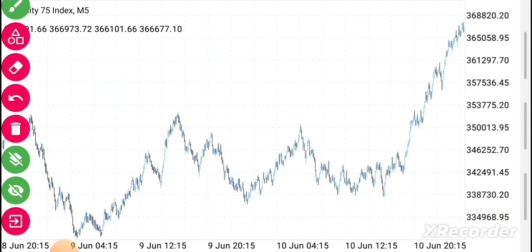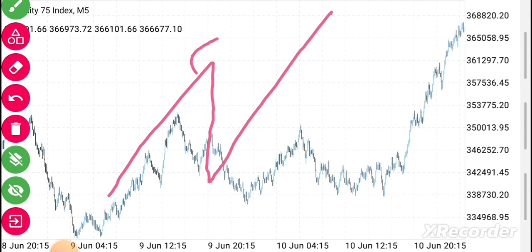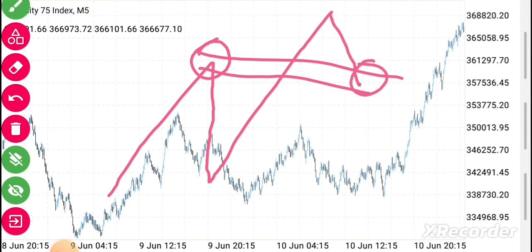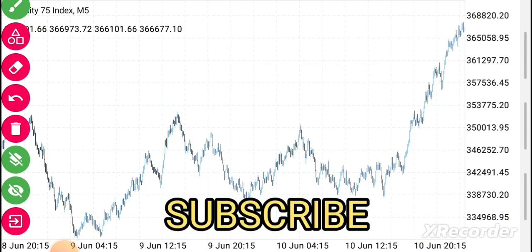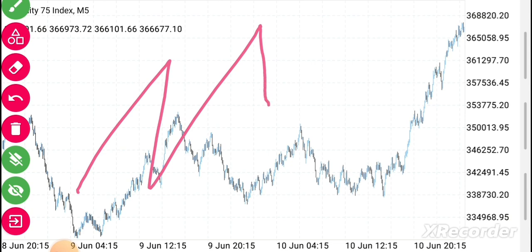We have to wait for the market to move up, then come down. When the market comes down, we wait for the market to take this recent high. When the market takes that recent high, it has to come back to make a retest of this previous high, forming a new lower low. Are you getting the point, guys? When the market comes to form a new lower low here,